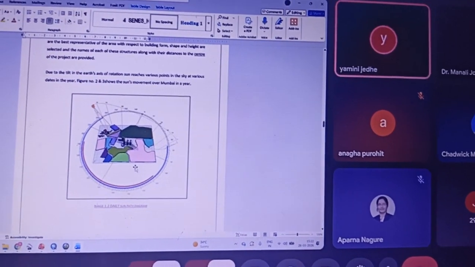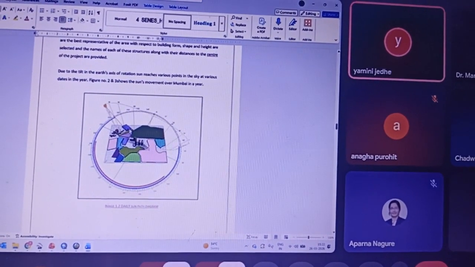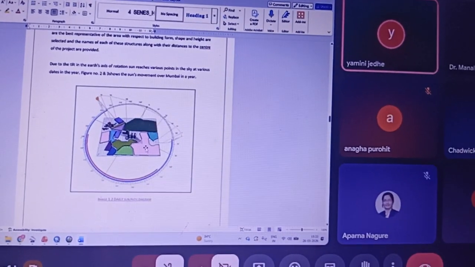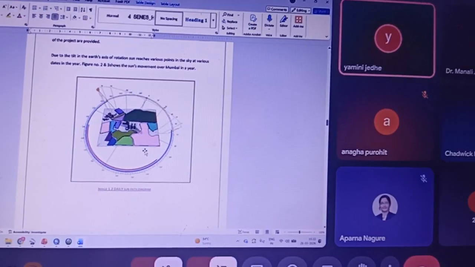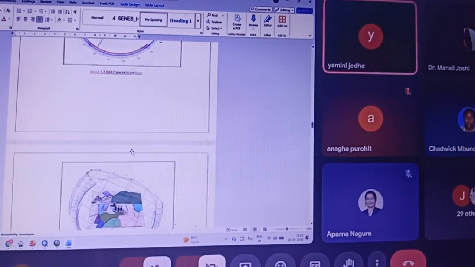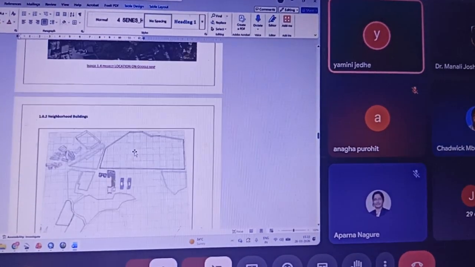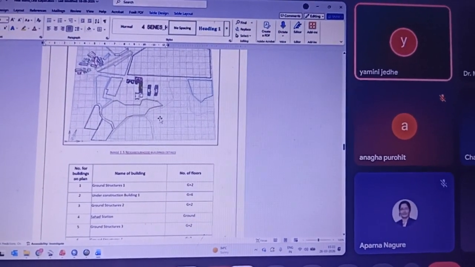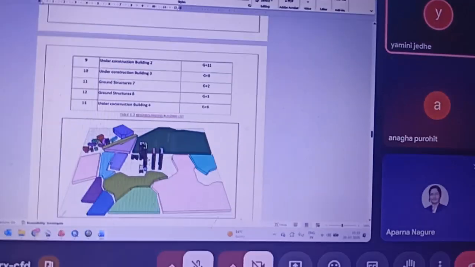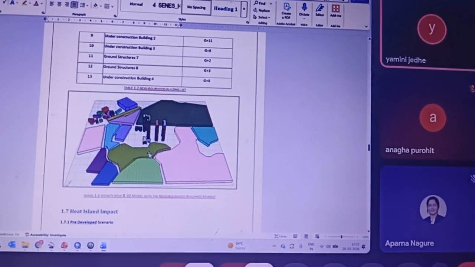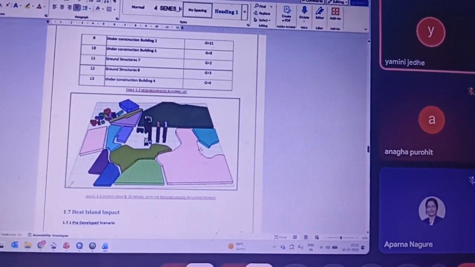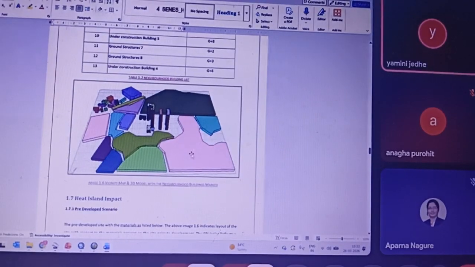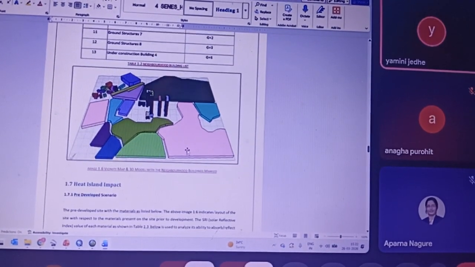Now, purposefully, I have selected the area where all other structures are of very small height, and the buildings which are coming up in future are around 130, 120 meters, which is quite high. So this is the area, and this is the 3D model of the neighboring buildings that we have generated, and these are the names of the structures. So we are coming up with these 4 taller buildings in the surrounding area. There is no other tall building in the surrounding area. The area belongs to Kalyan, Mumbai.